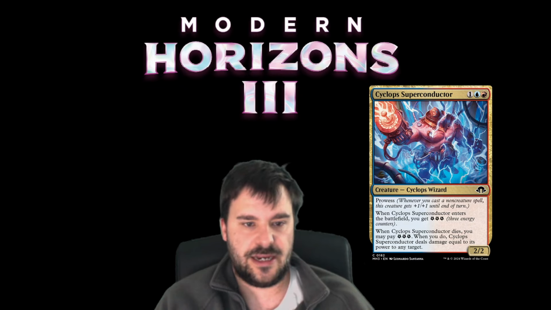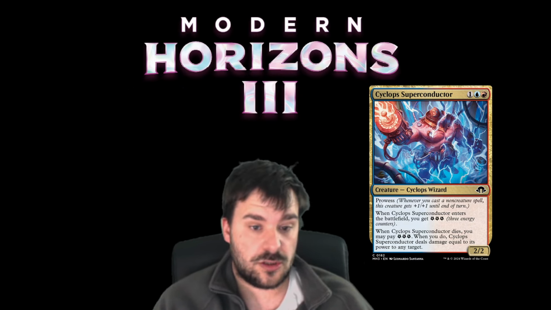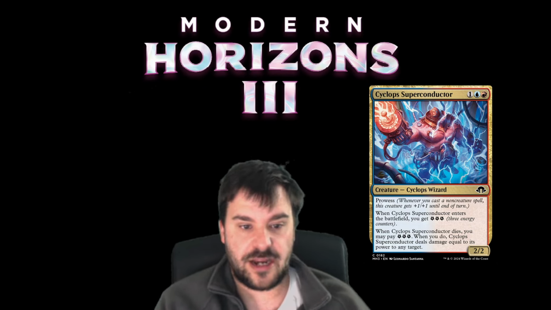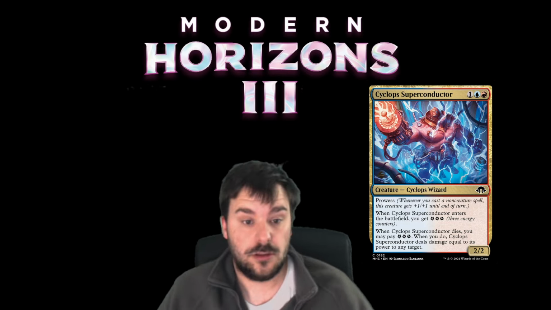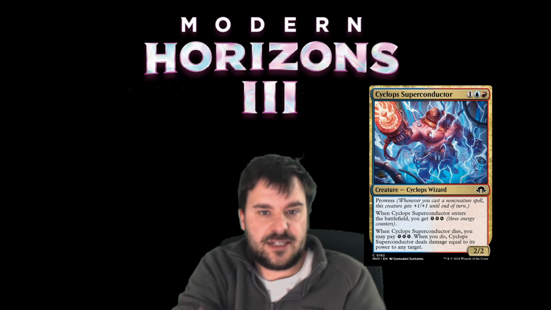This is a Nivix Cyclops. Obviously, it's a worse initial body, but it will always shock something when it dies if you're not running any other energy cards. It's just generally a better card with prowess. So obviously it doesn't go bigger. It doesn't go bigger than Nivix Cyclops, but it does